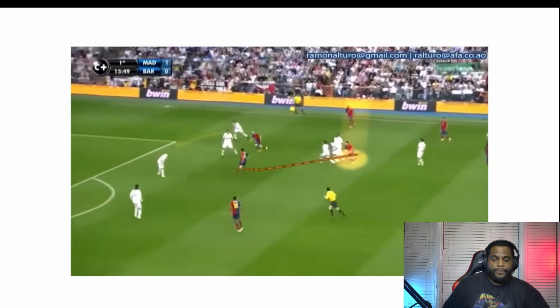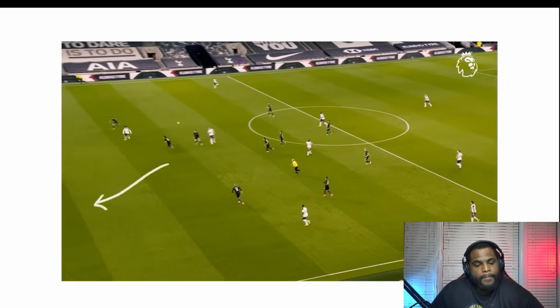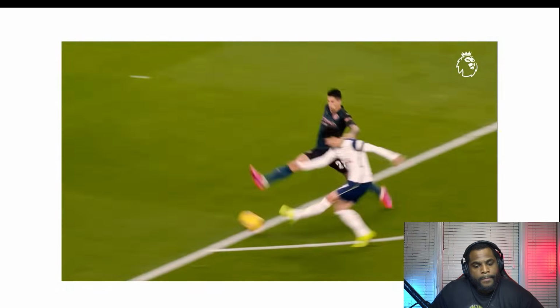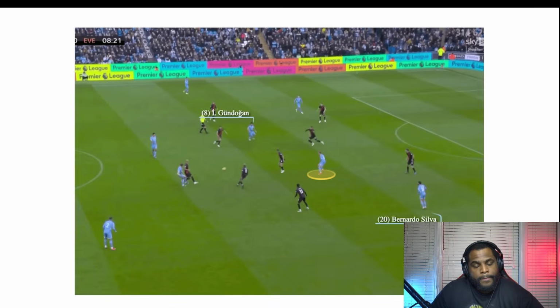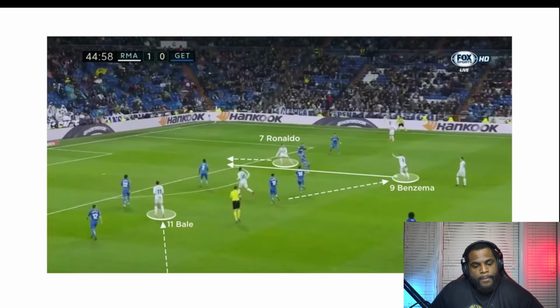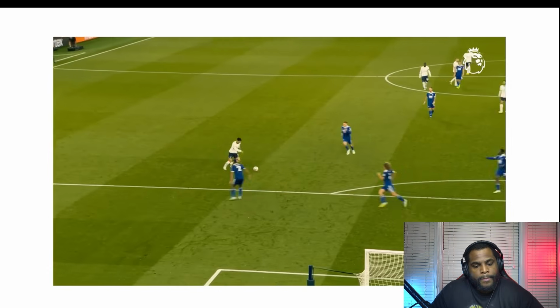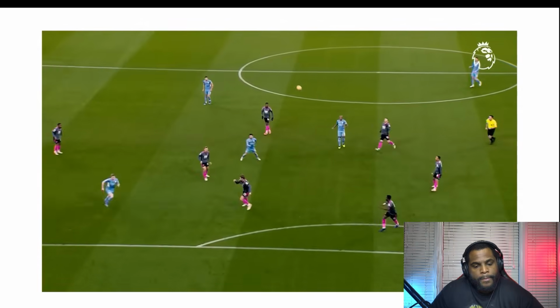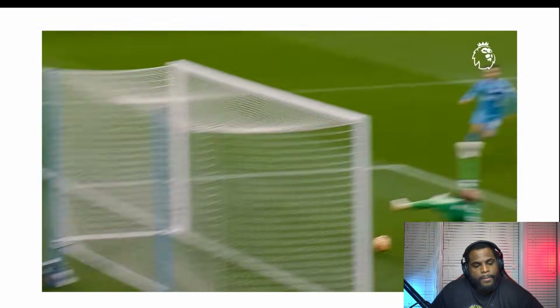False 9. The false 9 tactic changes what we expect from a striker. Instead of staying high and waiting for crosses, the striker drops into midfield, becoming an extra playmaker between the lines. When they move away from the centre backs, those defenders have a difficult choice: follow them into midfield and leave space behind, or stay deep and let them turn and create. At the same time, wingers or attacking midfielders make runs into the gap the false 9 has left, so the